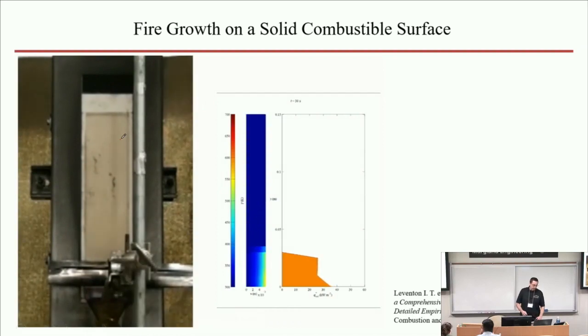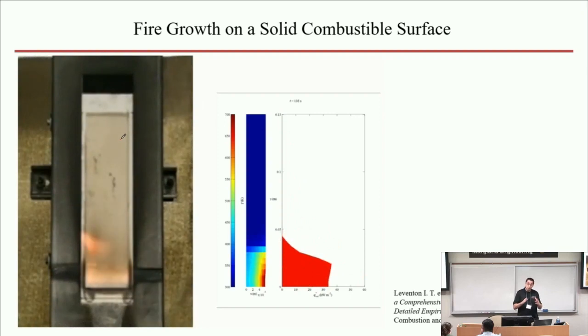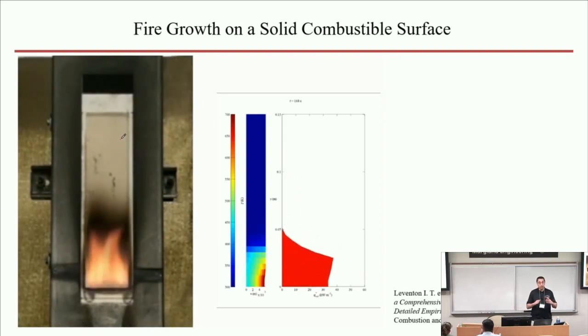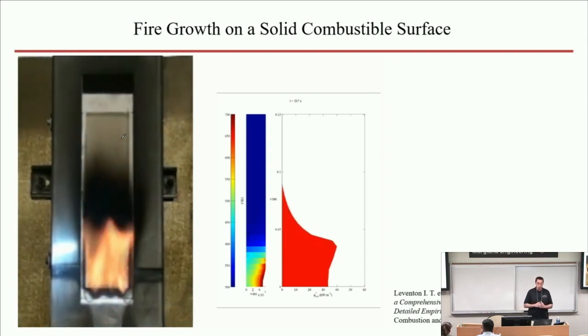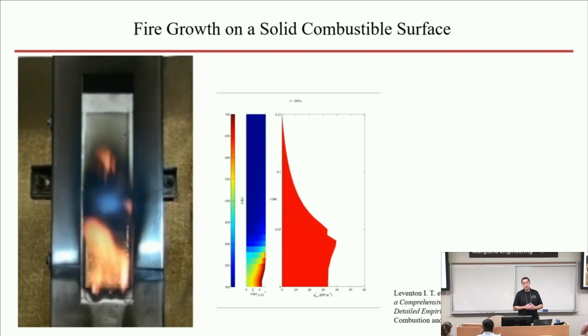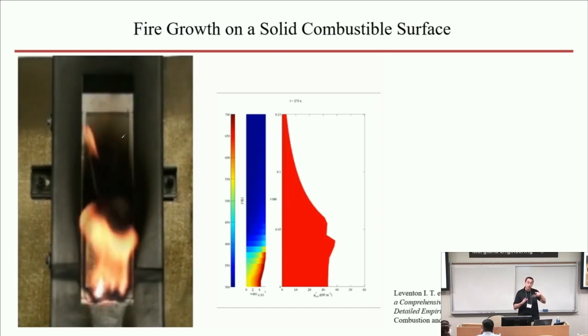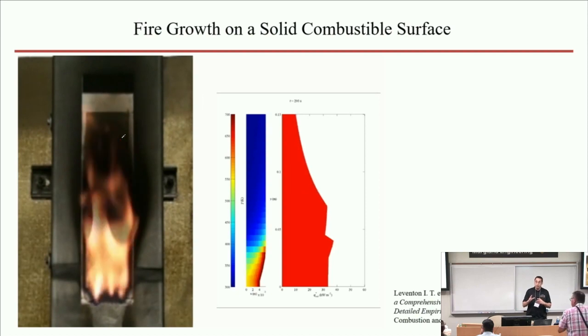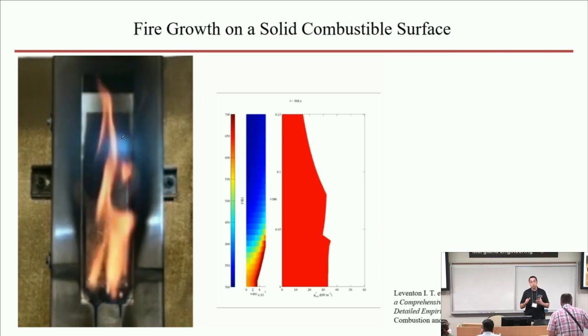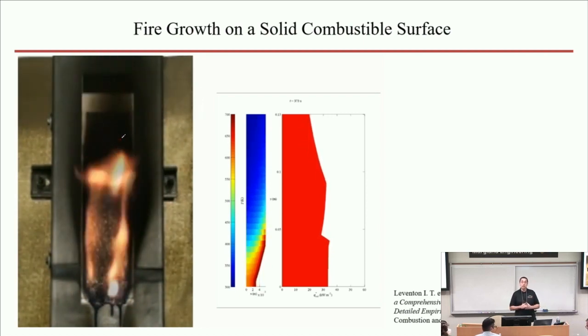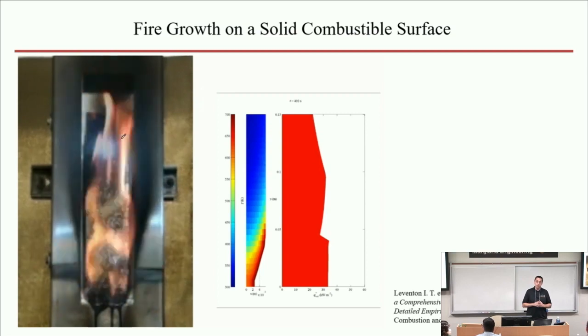What you can see is that the burner starts to heat up the fuel. The temperature of the fuel is increasing gradually, and you see this increase in color associated with this increased temperature. Temperature penetrates and drops. Suddenly the fuel starts to pyrolyze and produce gaseous volatiles. These volatiles evolve, and eventually they are produced in sufficient quantity to support the flame. As that process now engages in a feedback loop, more and more heat from that flame goes back into the solid, and as that progresses, more and more solid gets involved in the pyrolysis, and the flame grows as a result of it.